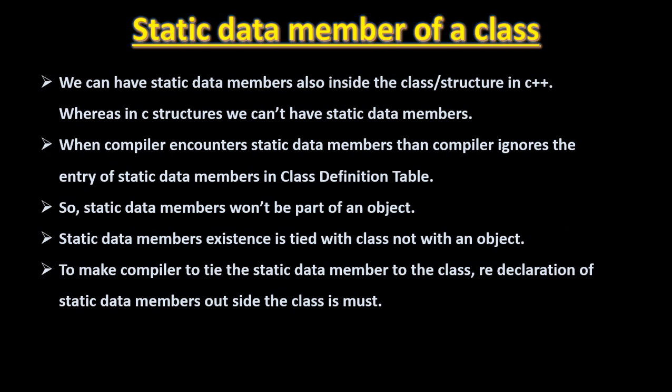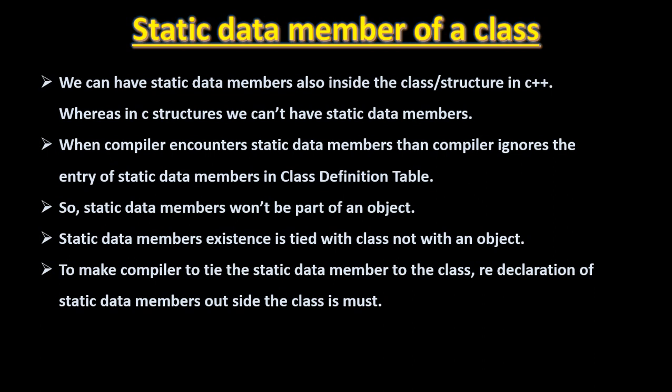Just like normal data members, we can have static data members also inside a class or structure of C++. Whereas in C structures, if you observe, we cannot have static data members. You cannot provide static data members. Okay? So now, in an earlier session,